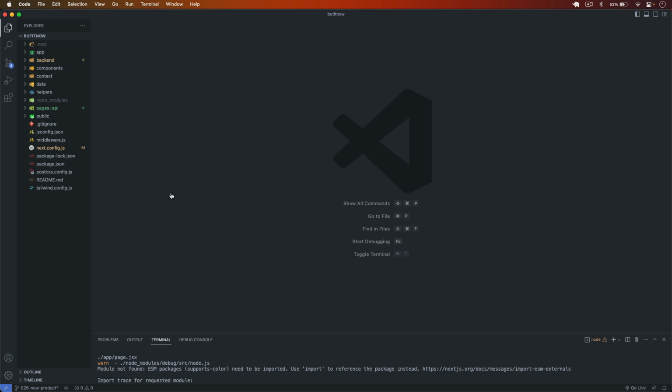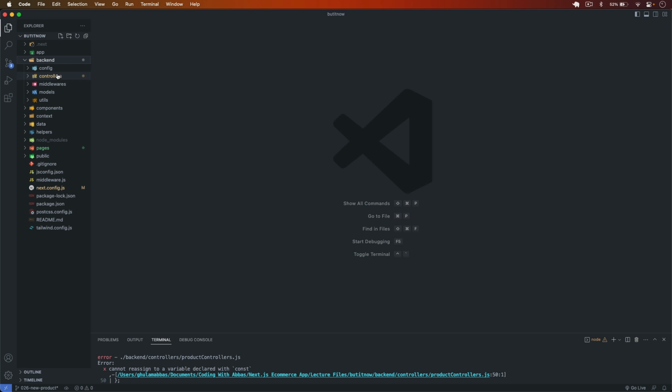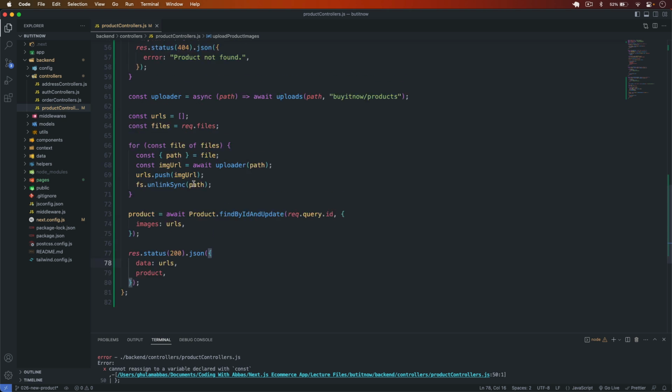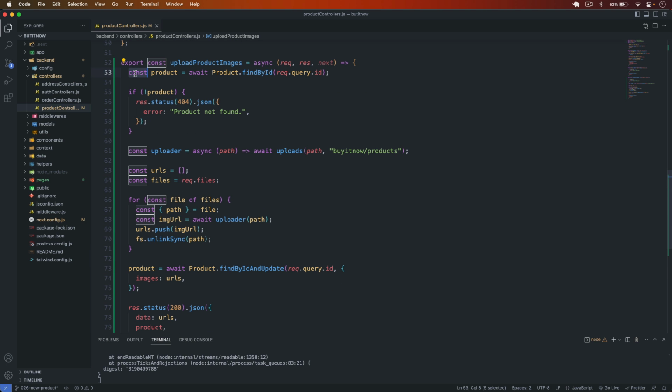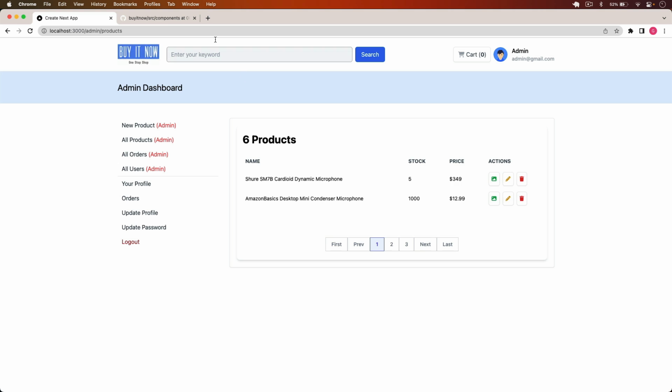So I go to my Chrome, cannot reassign variable with const. I think I have fixed that. I simply have to type here let, save it, close this one, and now if I go back,